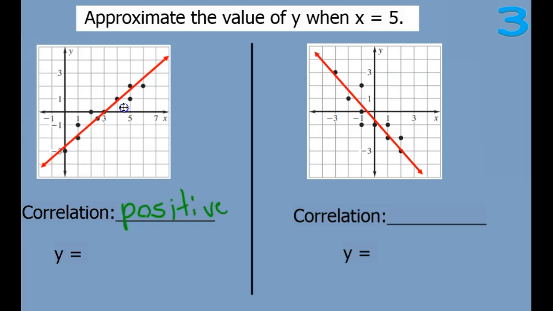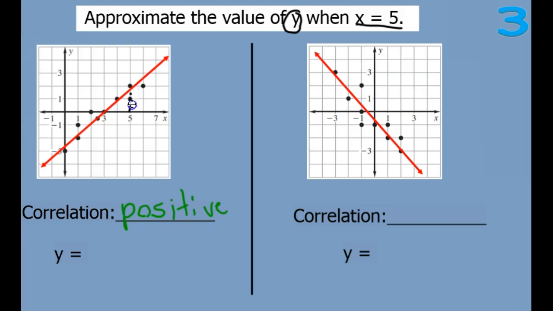We have a positive correlation because our line is going uphill. Now when x equals 5, so we're trying to find y when x equals 5. So we need to go on our x-axis over 1, 2, 3, 4, 5. Here's 5. And we need to go up to our line